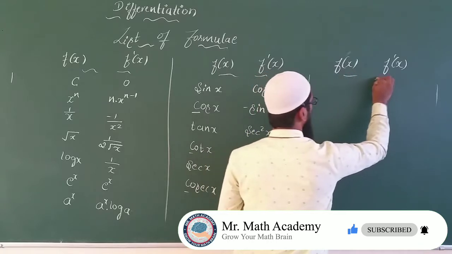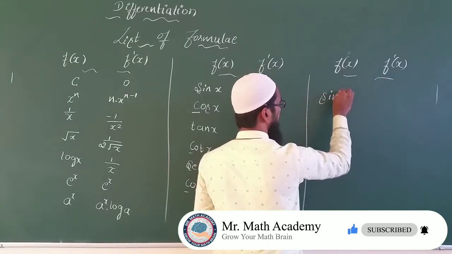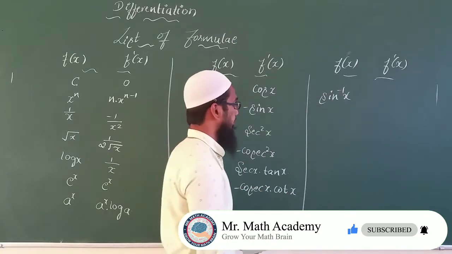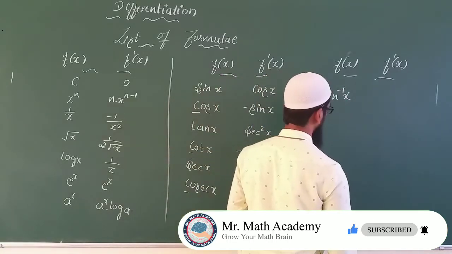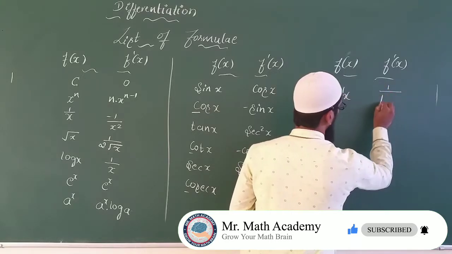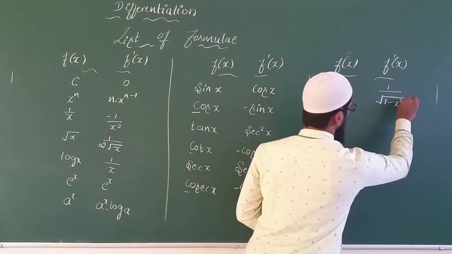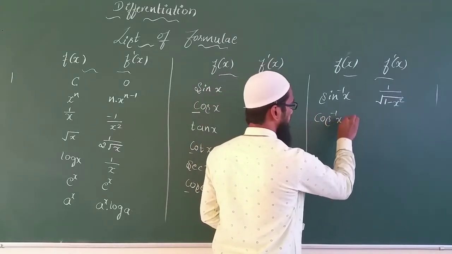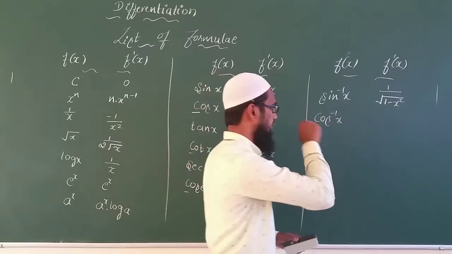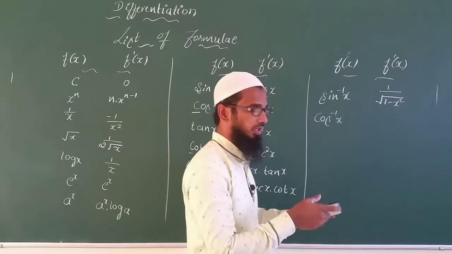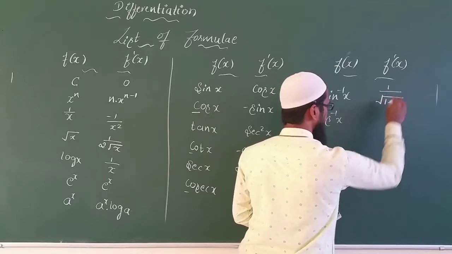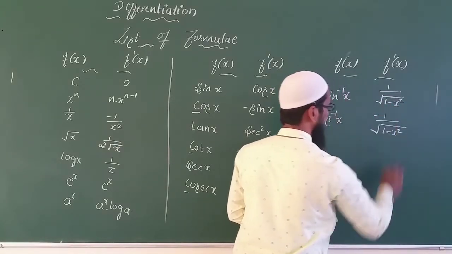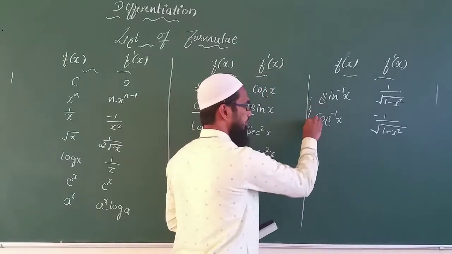Now the very first one is sine inverse x. This indicates our inverse function here. So when I differentiate this sine inverse, I'm going to get 1 over root of 1 minus x square. Similarly, if I take cos inverse x, because these two are very similar, the only thing is we just have to change the sign, that is a minus here. We replace the same thing for a cos function, only we have to take the negative sign here. So this is one group here.